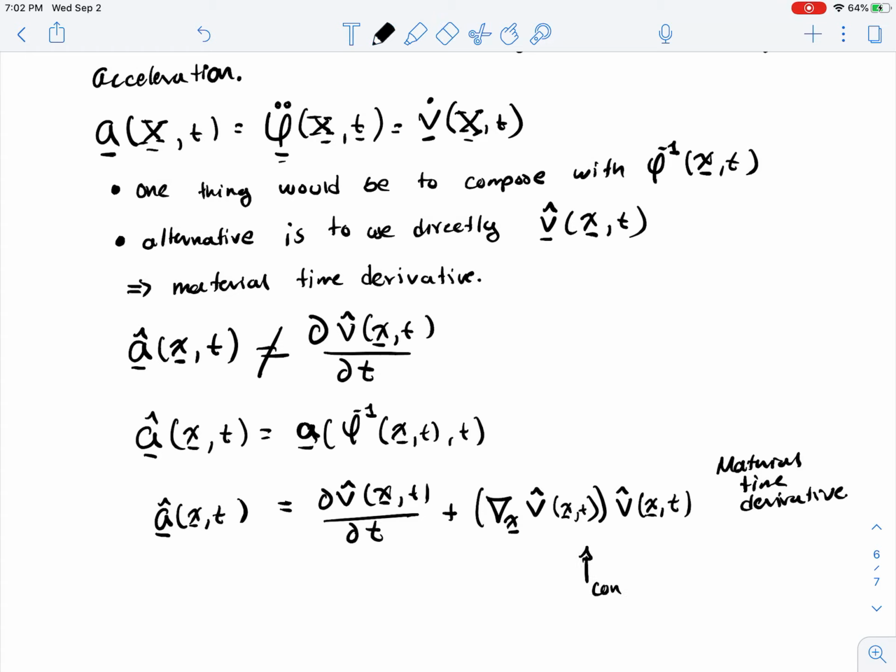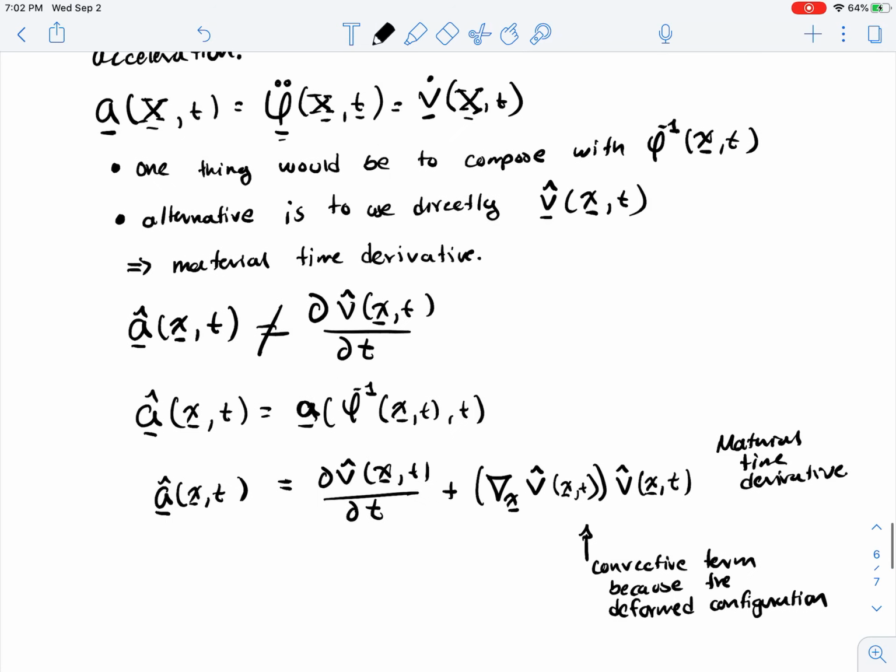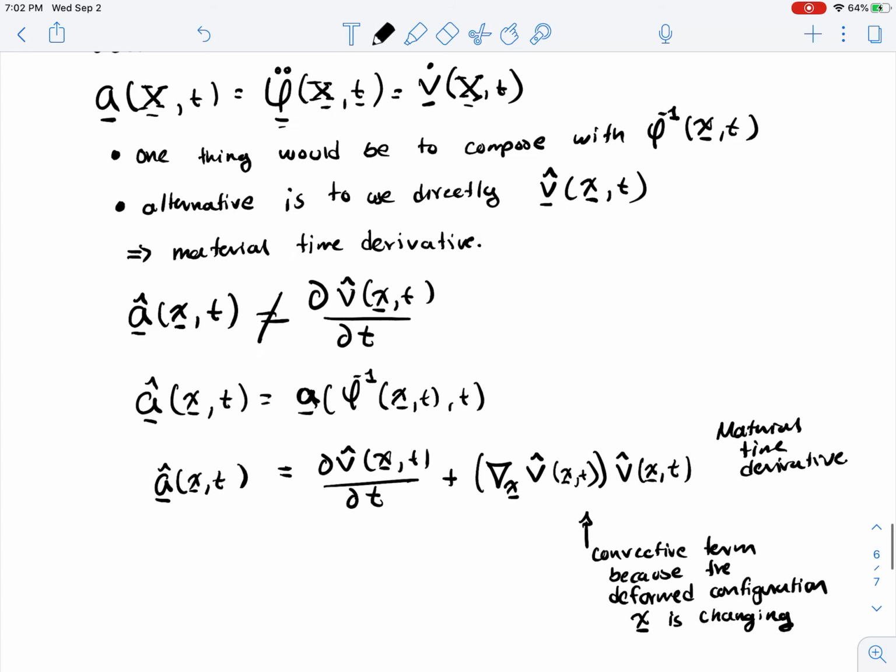And notice that it's not just the partial with respect to time, but it has this extra term, which is sort of a convective term. Convective term because the deformed configuration little x is changing, right? So that's it. That's velocity and acceleration in terms of the big X or the lowercase x. It's the same velocity and acceleration. It's just that